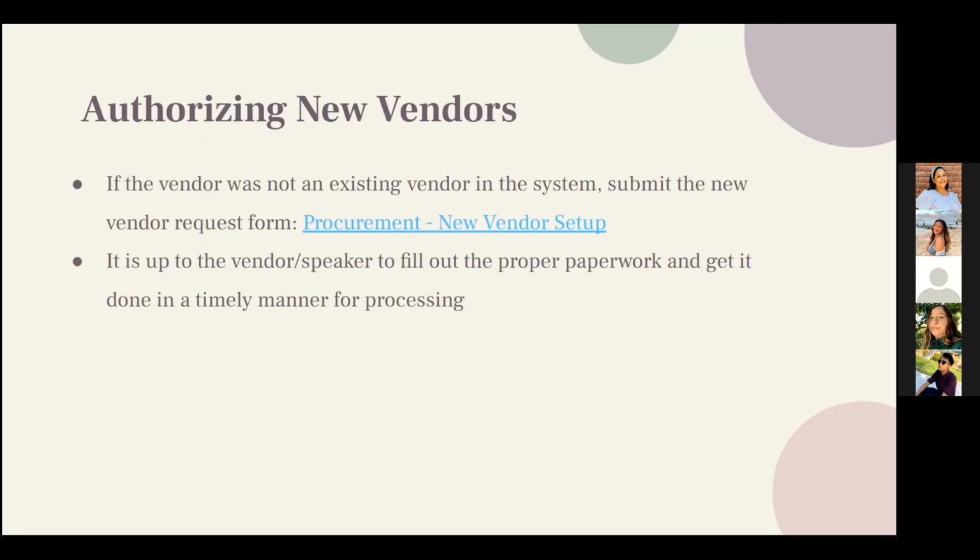And then authorizing new vendors. So maybe you are wanting to use a local vendor in town for purchasing items. They might have been an existing vendor prior, but we did have some updates regarding our purchasing systems. So we're finding out that not all previous vendors were transferred over. So if that's the case, we can submit a new vendor setup request to procurement, and they'll get that vendor set up